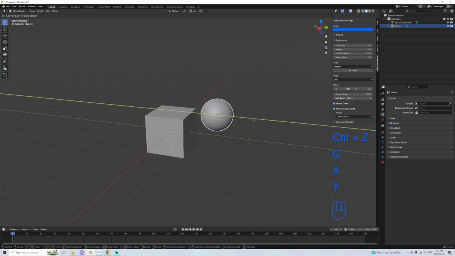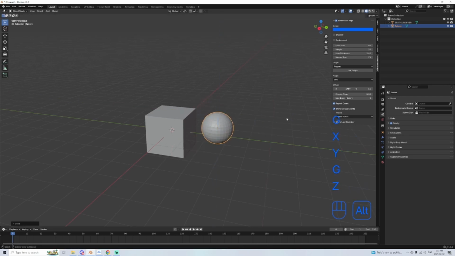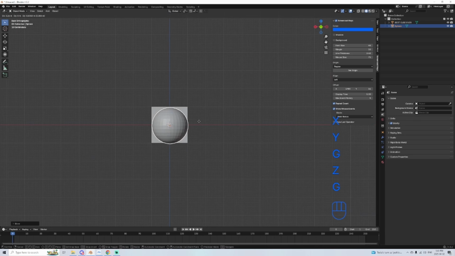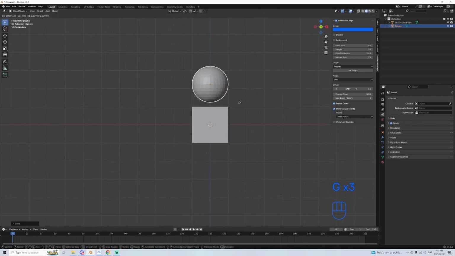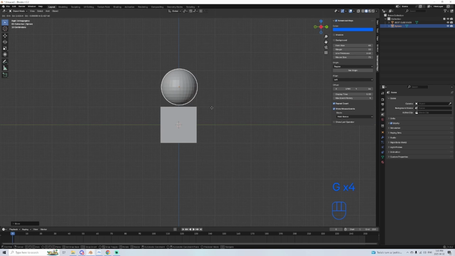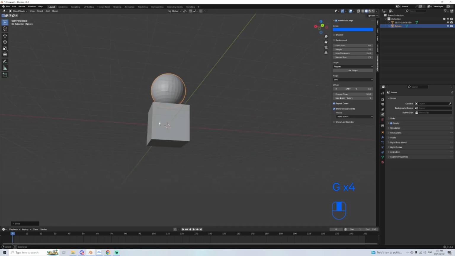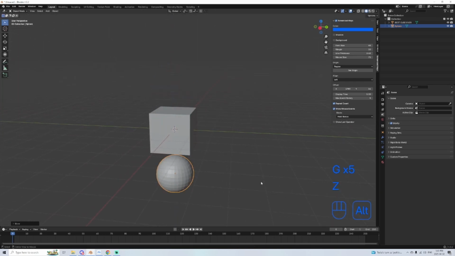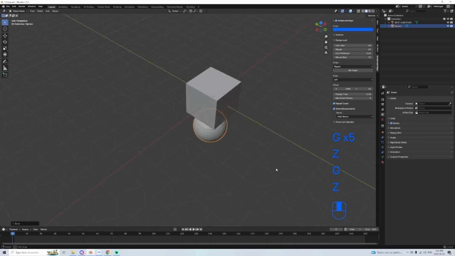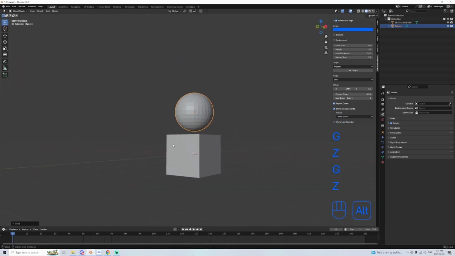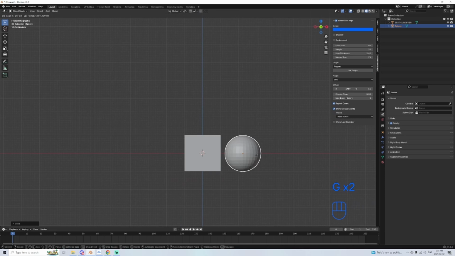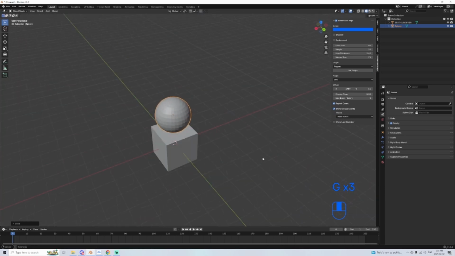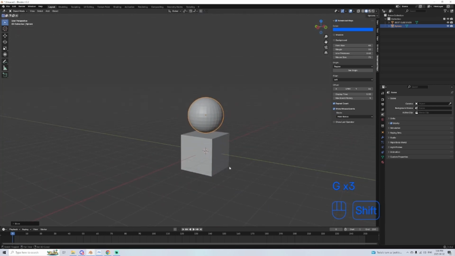We're going to just go ahead and move this to the side. We can snap this way. I just want you to go ahead and try and move the ball around so it's on top of the cube, and then move it so it's below the cube. Very simple stuff. Try and just move it around, and then once you've done that a few times, you get bored of it, go ahead and